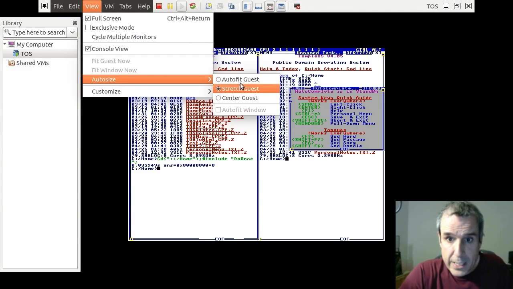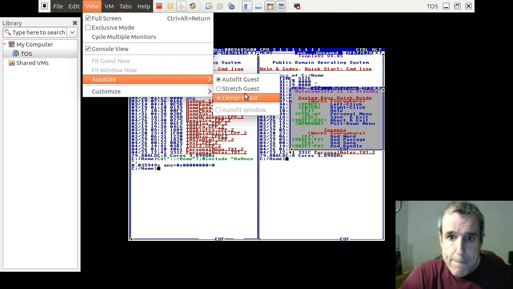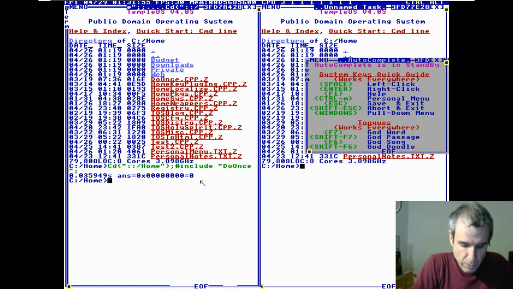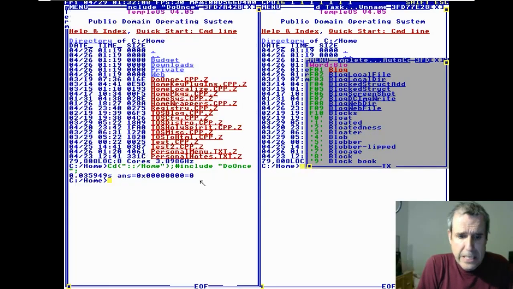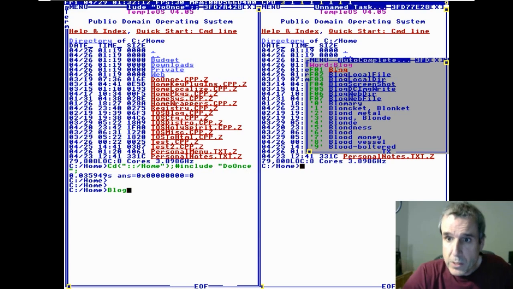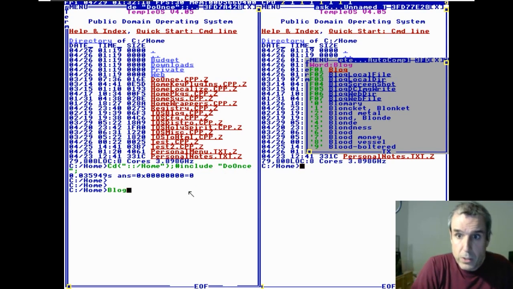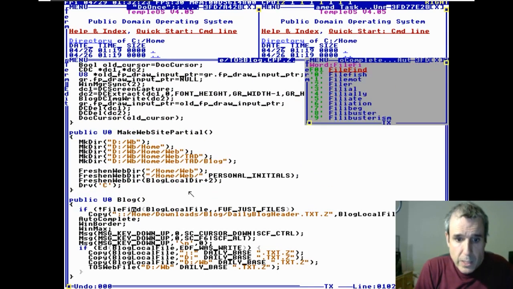So I can show you my blog features when I'm blogging. Control M. First of all, I have this blog command, and if you look at the macro, it does blog. So that means blog is a command. If we look at the code, Control Shift F1, what does it do? It checks if